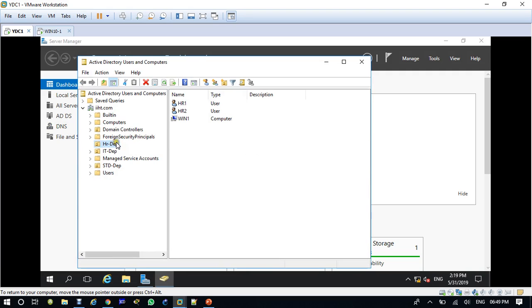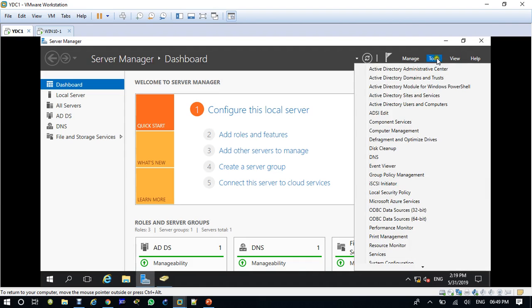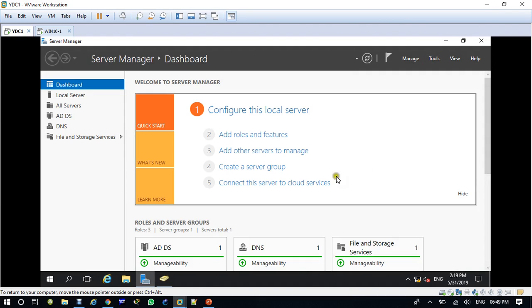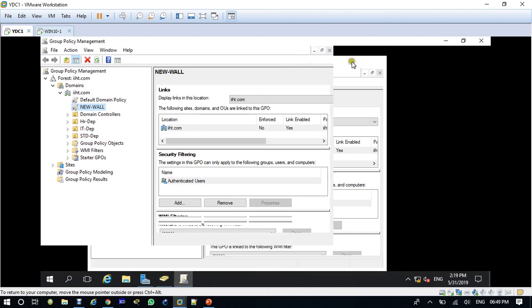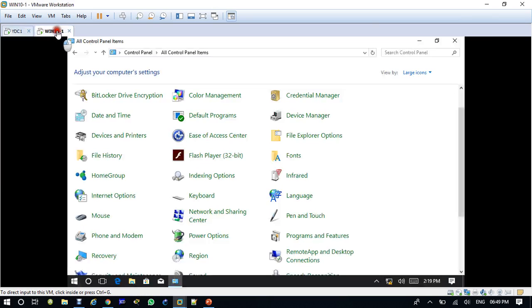Yes, I have the HR department, I have HR users also, fine. Then come to tools, open group policy management. As I gave you the example, by default he has all these features in the control panel. Now I want to hide a few of them.